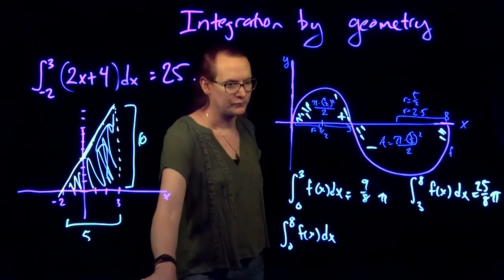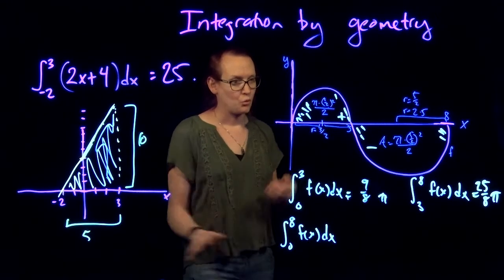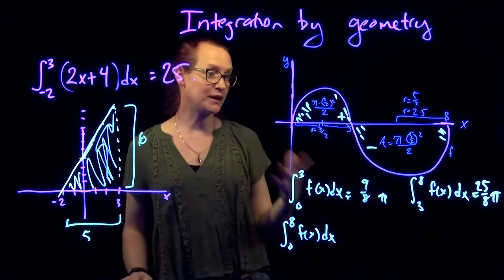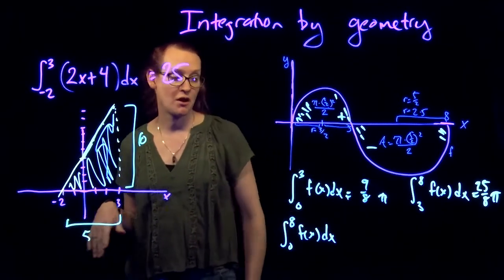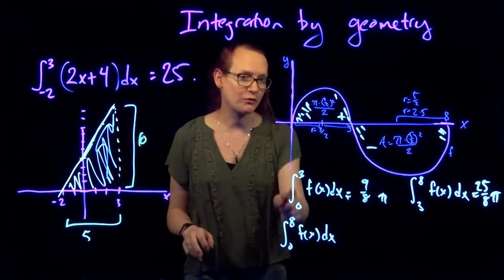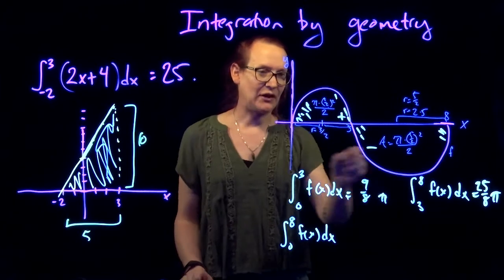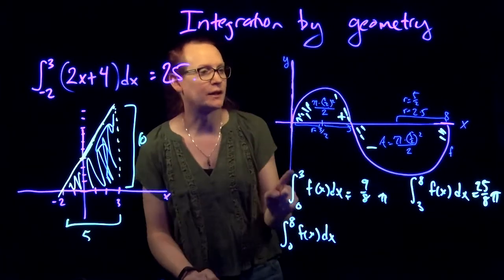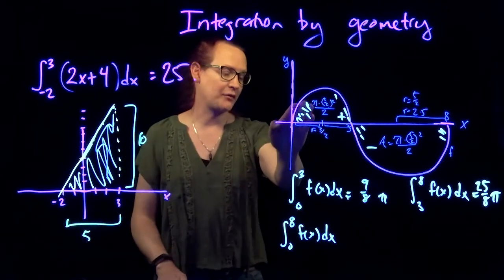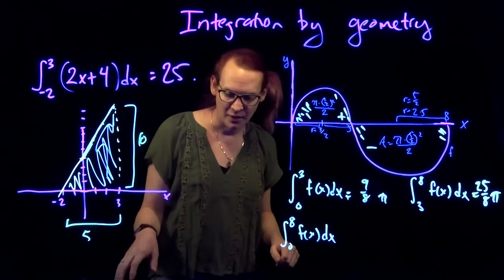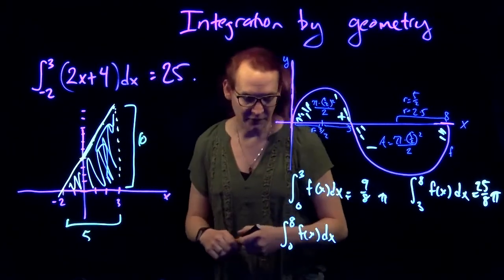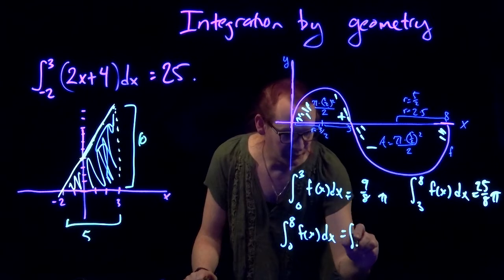Okay. So this area counts positive. This area counts negative. We found each of them just by using the area formula for circles, semicircles. So when we go to the integral from 0 to 8, that's all of the area signed. They're counting the sign of the areas, where stuff above counts positive and stuff below counts negative. So the integral from 0 to 8 of f of x dx is equal to the integral from 0 to